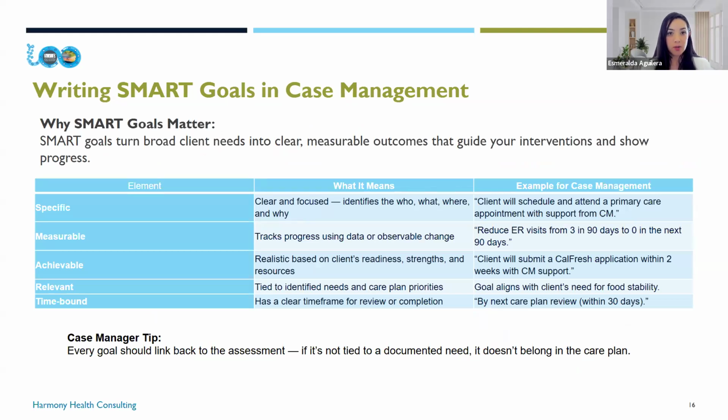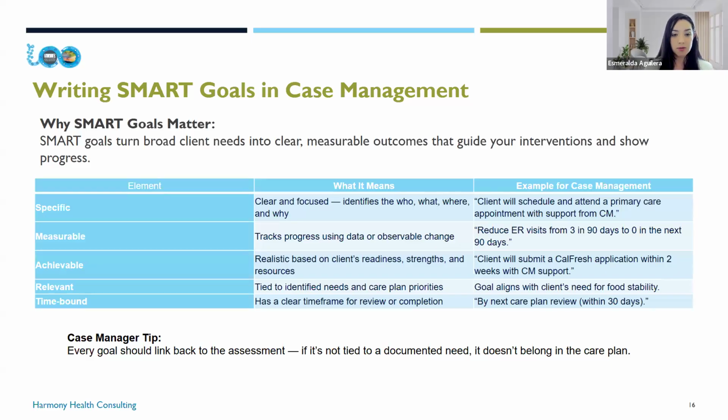All right, so how do you create SMART goals, which are clear, measurable, and tied directly back to your client's assessment needs? SMART goals are what help us show progress, demonstrate medical necessity, and guide our interventions. Without a SMART goal, it becomes very hard to document the impact and justify why we're continuing to provide services for ECM. So I want to break that down a little bit more for those of you that might not have seen SMART goals, but I think this is, for the most part, the way that most documentation for medical necessity is required.